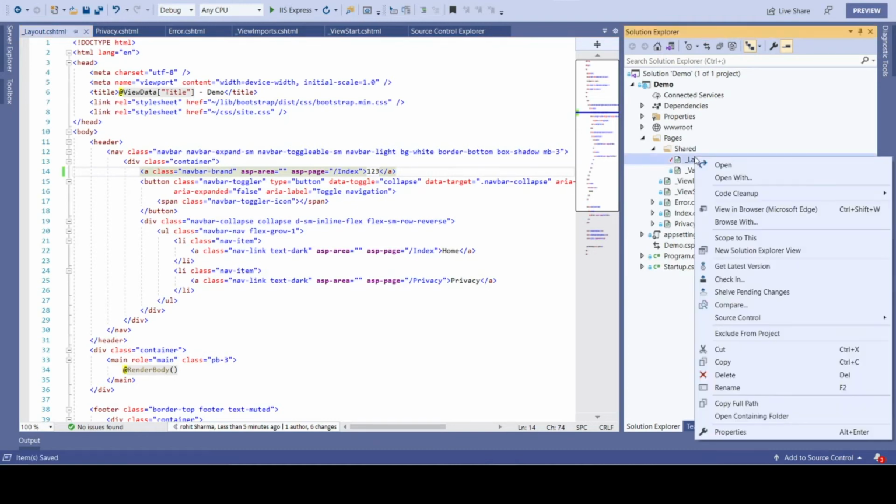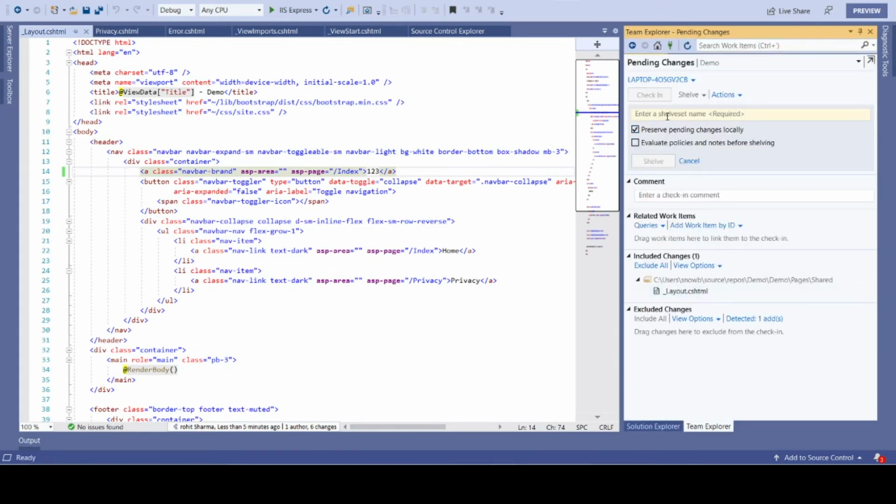Shelve your changes. Now what does shelve mean? You are loading your changes onto the server, but they are not checked in. Those are intermediate changes, not checked in to your DevOps server, and anyone can take your shelved changes into their local, review them and work on them, and then they have to check in. Until somebody checks in the changes, they will not be uploaded to Azure DevOps. So I have right clicked on the layout file, and I click on Shelve Pending Changes. I need to enter the comment